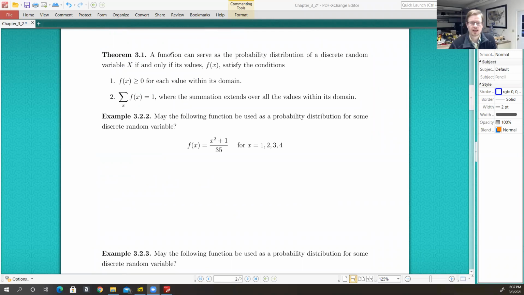So a function can serve as the probability distribution of a discrete random variable if and only if that function f of x satisfies two conditions. First of all, that f of x is greater than or equal to 0. Of course, because the probabilities have to be greater than or equal to 0. Additionally, the sum of the probabilities has to be equal to 1. And of course, that makes sense as well, because this should account for all, right,